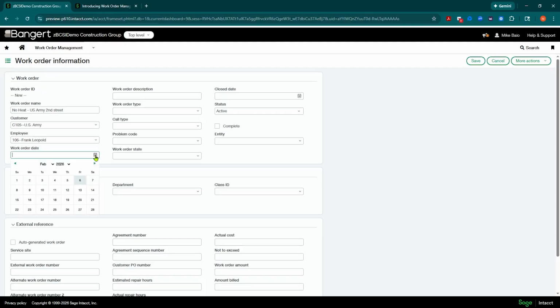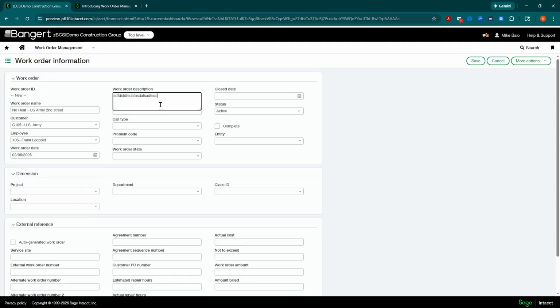And then you have a work order date. You can fill in today's date, whatever the date is. You have a more extended description, so maybe what's the problem, more detailed problem of the work order. And now there's those type fields that are set up. And with smart rules and things like that, you can make these all give you warnings or errors if they don't get filled out.